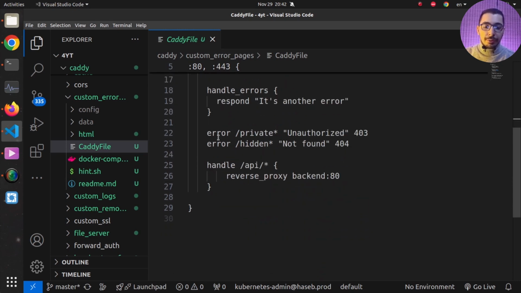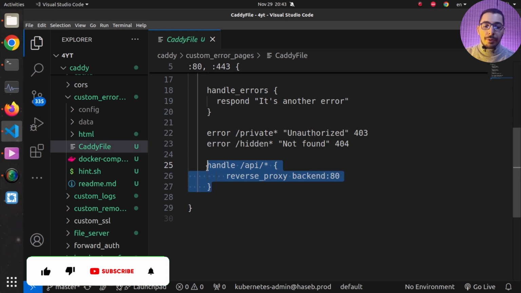So moving down right over here, I'm responding with an error on /private/* with a 403 unauthorized response, and for /hidden/*, which means whatever path starts with /hidden and whatever comes after it, I'm responding with 404, which stands for not found error, just to demonstrate how all these error handlers will work. And lastly, over here, I have a handle for /api, which is a simple reverse proxy